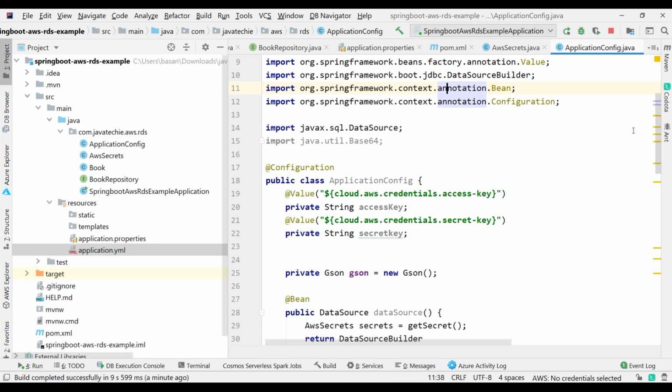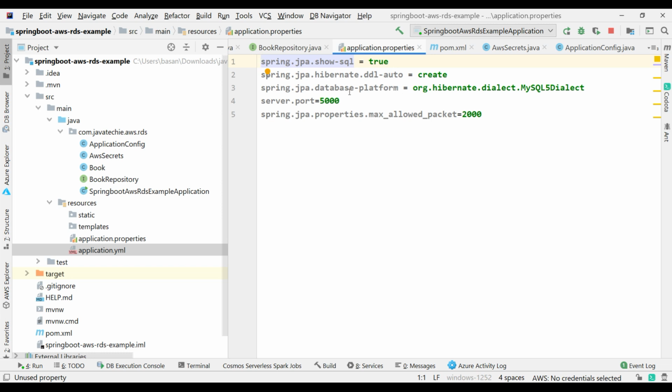So let me check one thing. Let's go to the application.properties file. Okay, we made a mistake. For spring.jpa.hibernate.ddl-auto, we set it to create, so that whenever you start your application, it will always drop the table and recreate it. So you should make it update. Okay, that's fine. It's just a demo class, so I made it create, but make sure in real time you should not use create. You should use update. Okay, so let's keep it create because we already started the server with the create option.